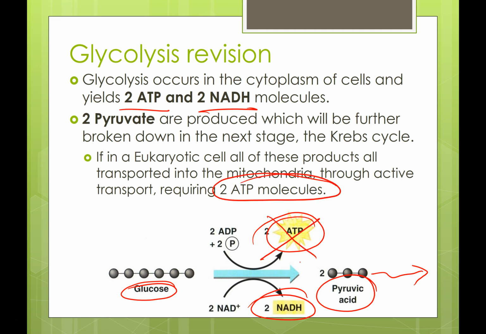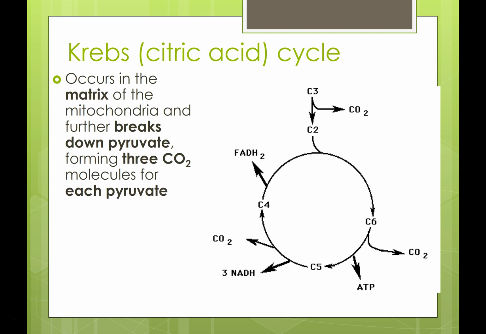So we can sort of say see you later to these 2 ATP molecules we originally produced, and that's why we're starting to get a bit of alteration to our ATP. The next step is the Krebs citric acid cycle. Doesn't matter which one you call it. It actually occurs in the matrix, so that's the cytoplasm of the mitochondria, and we're just simply further breaking down